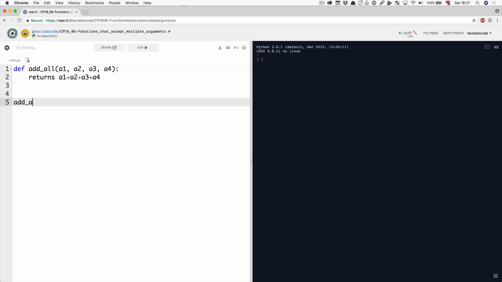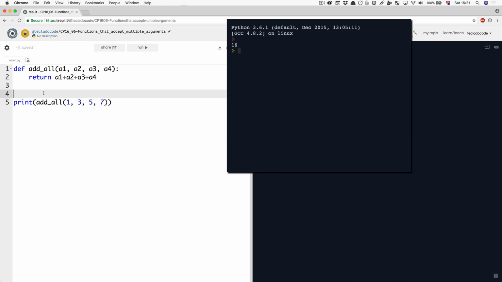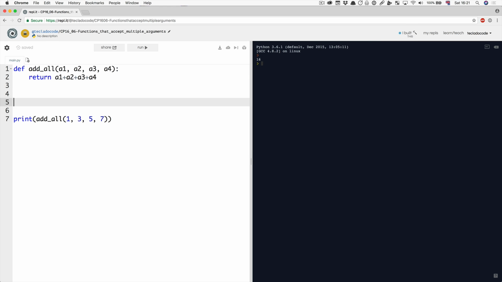We can call this function, of course, with multiple values. And of course, I have talked and written code, so I've written return there, not what we want. We can call this with 4 values and run that, and that gives us 16. Or, if we have the values somewhere else,